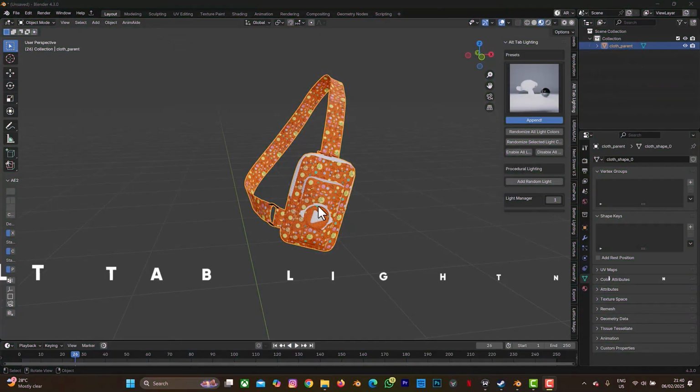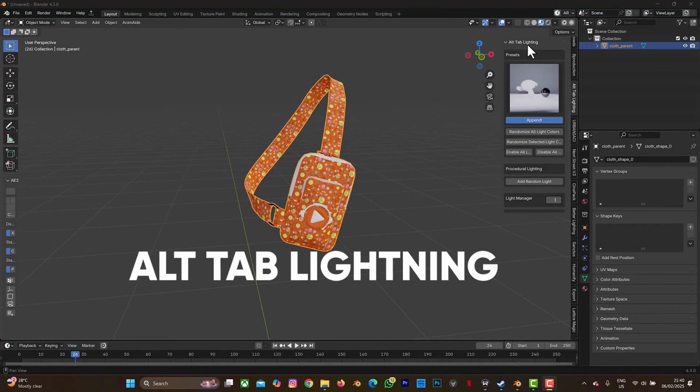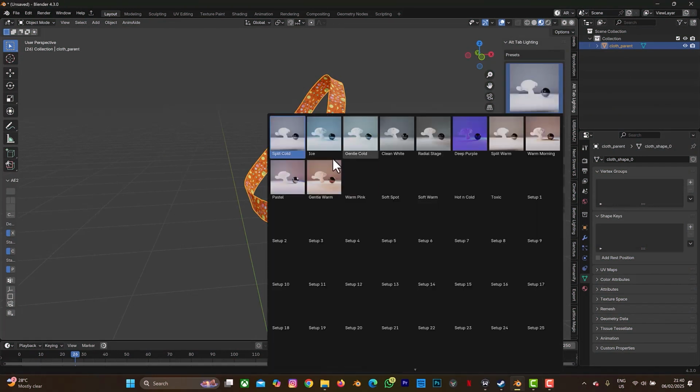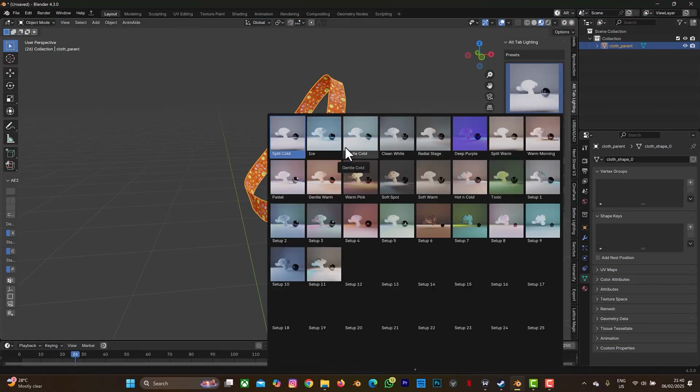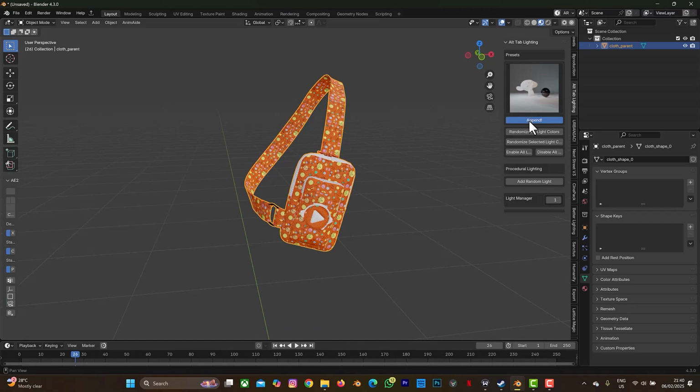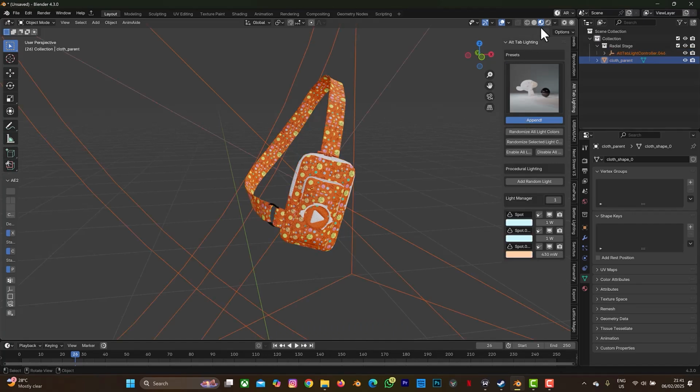The second add-on I'll be recommending is the Alt Tab Lightning. Also, what you need to do, just select your object, or you don't even need to select your object. We have a lot of light presets depending on the result you are looking for. Can you see this? So you can just select one of these presets. When you select one of these presets, you can just select append. And let's go to